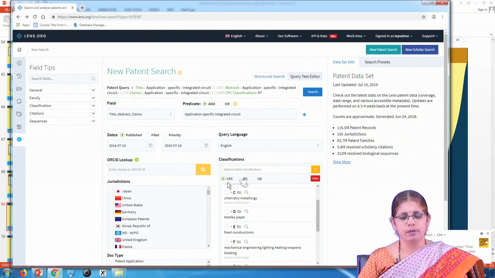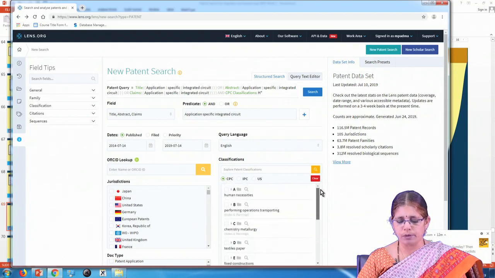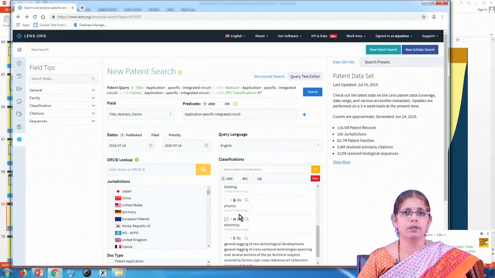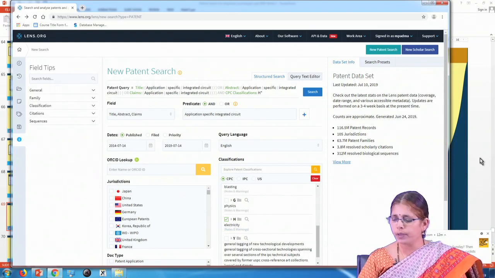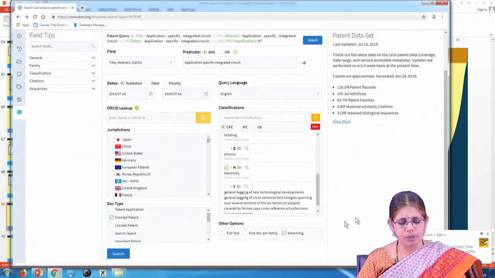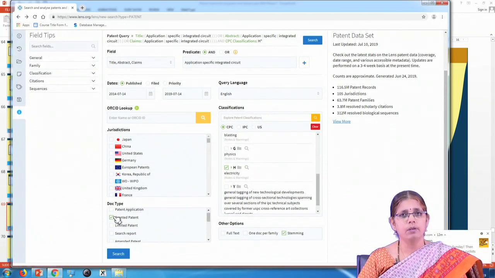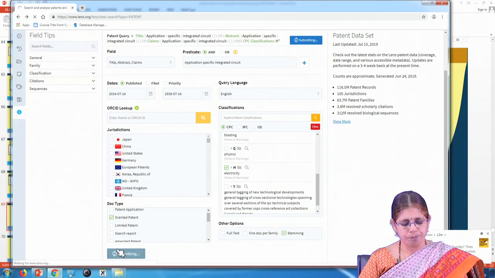Here you are looking at all jurisdictions, and you can select the specific class. For instance, you can select the class H, which is electricity. Then specific document type, you can select granted patents and allow for stemming. When you click on the search button,